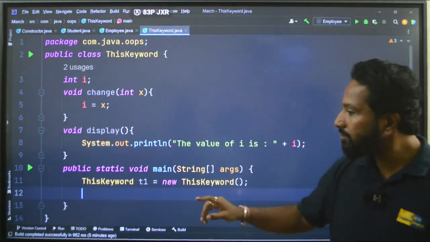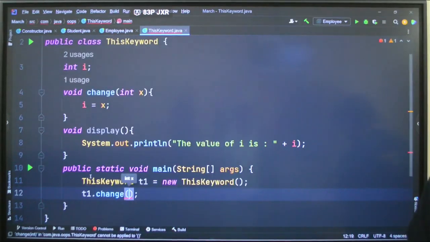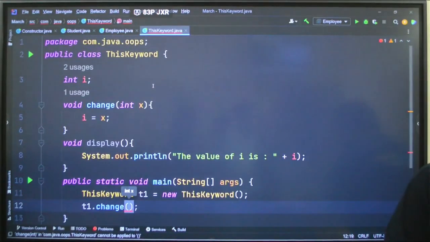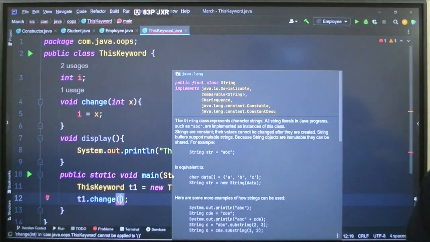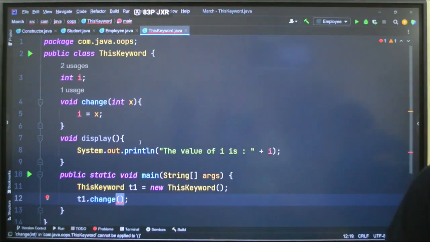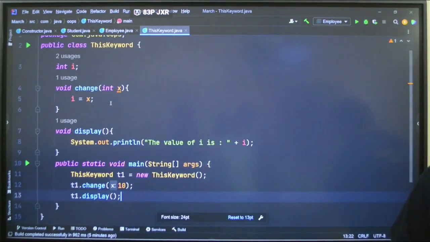Now I will say t1.change, let's do one thing first of all, int i is equal to, let's say, fine, let's not give any value. What can we do here? Okay, I can change i equal to x, change, let me say 10. Okay, and then I am saying t1.display. It's a very simple code, guys.